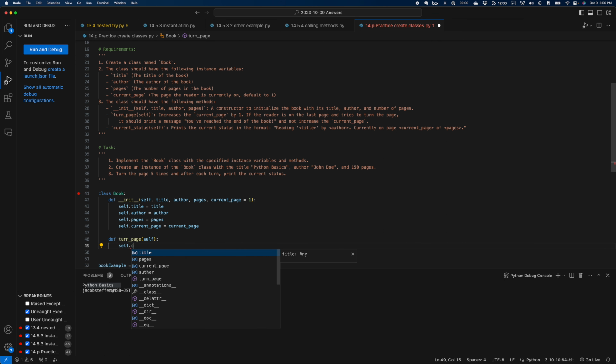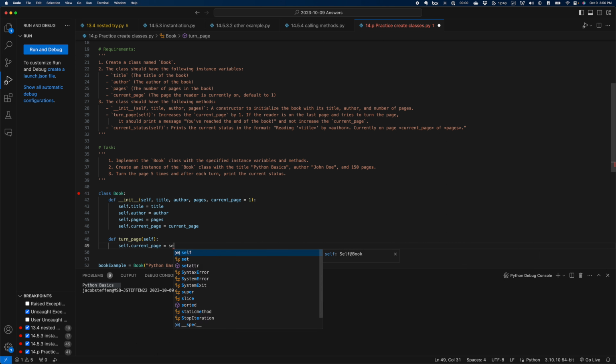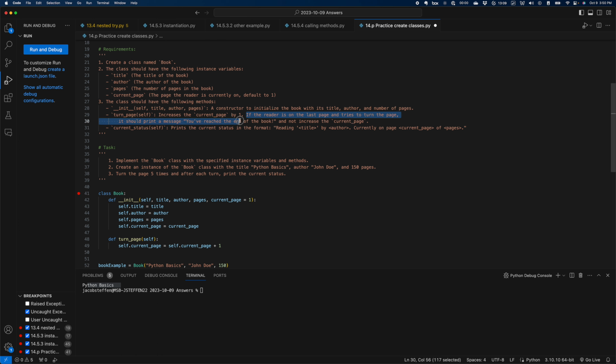So basically we have self.current_page, which again by default is equal to 1, but we want to increase that by 1 each time. So we could do a plus equals, but I'll just do self.current_page plus 1. So we want to change the value of current page to be whatever the current page actually is, but increased by 1, and then store that into current page again. But this also says if the reader is on the last page and tries to turn the page, it should print a message, you've reached the end of the book, and not increase the current page. So let's